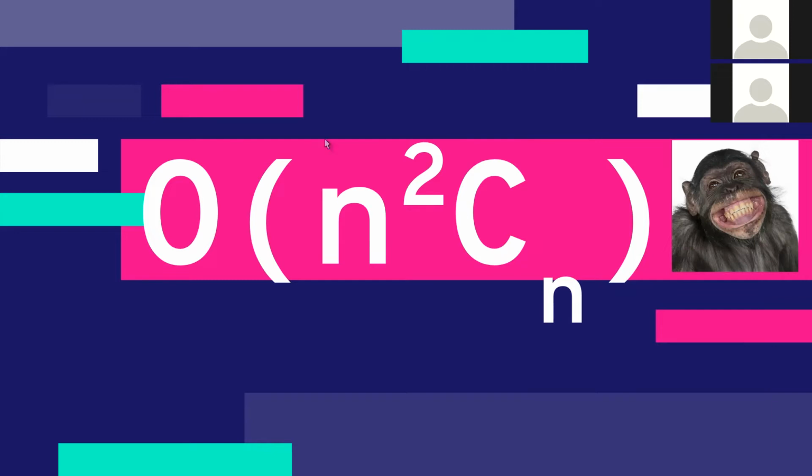What I mean here is not actually the time complexity. This is the number of combinations that you need to check. Big O of n square Cn. Time complexity would be larger than this, but the number of combinations itself is so large that you can see that it is very inefficient already. So n square Cn is actually the number of combinations, the number of different board states that you need to check.